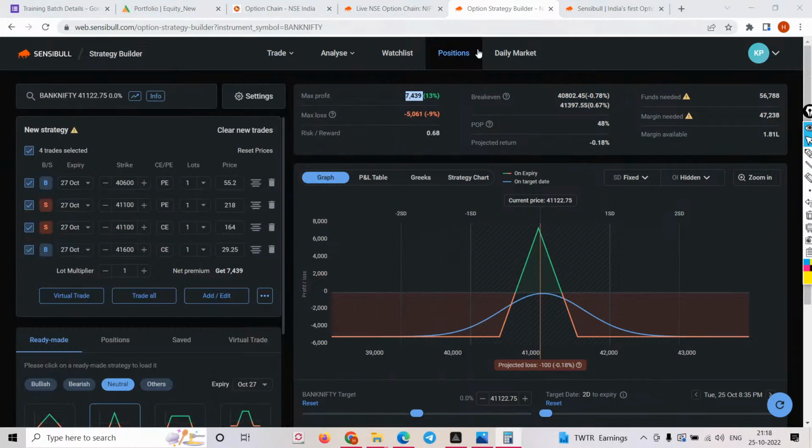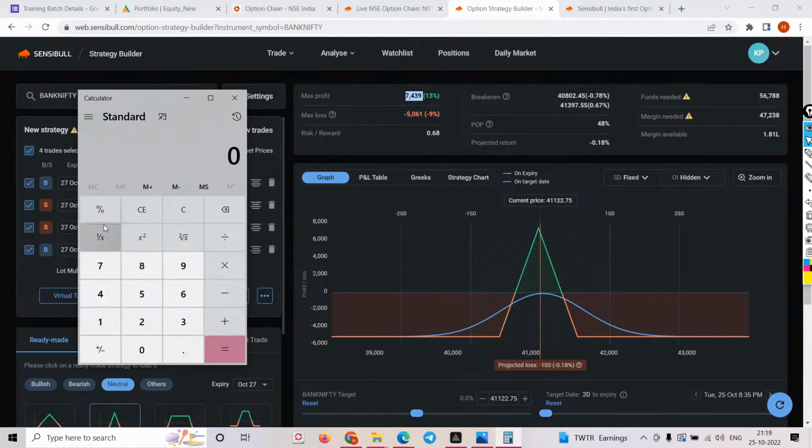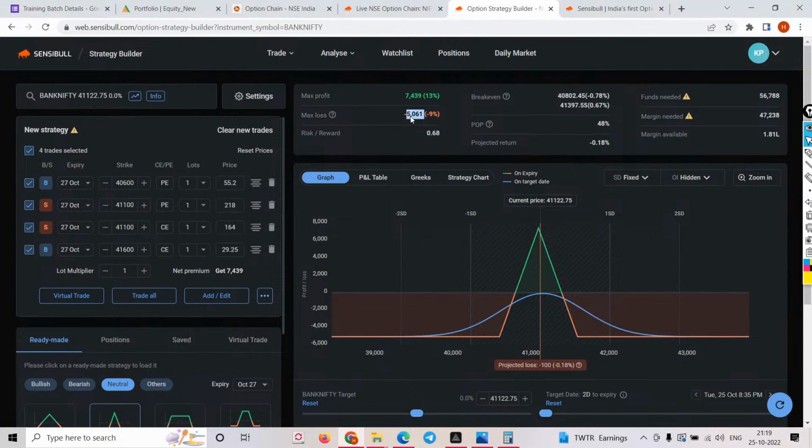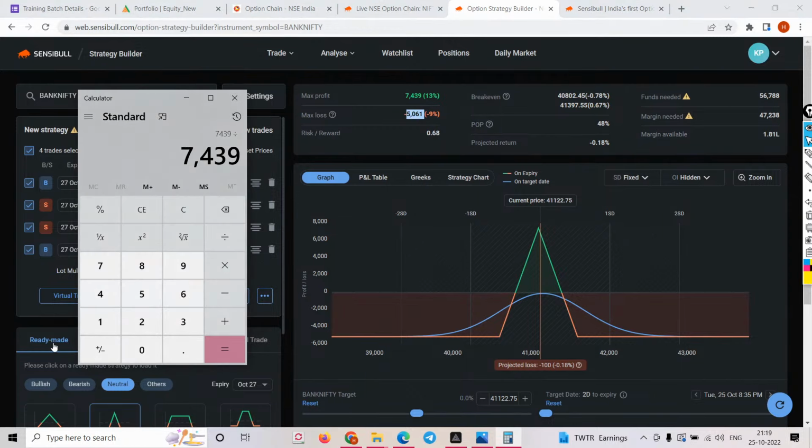What I wanted to do, for me to calculate, is profit divided by this loss, just to get the risk to reward. Okay, divided by this thing. So now I'll get almost maybe 1 is to 1.4 as my risk to reward. So I lose 1 rupee; if I get the profit, it will be 1.4. But I'm not sure why they've given 0.68. I mean, this is difficult for me to understand.